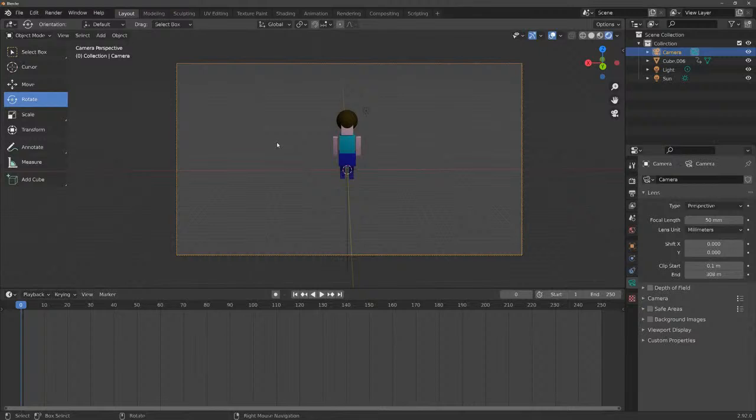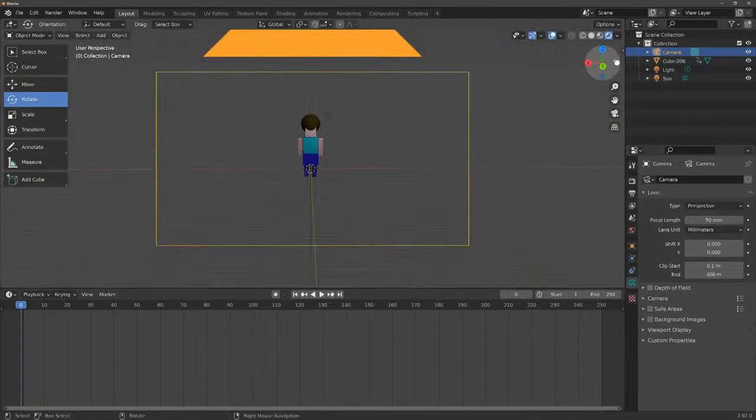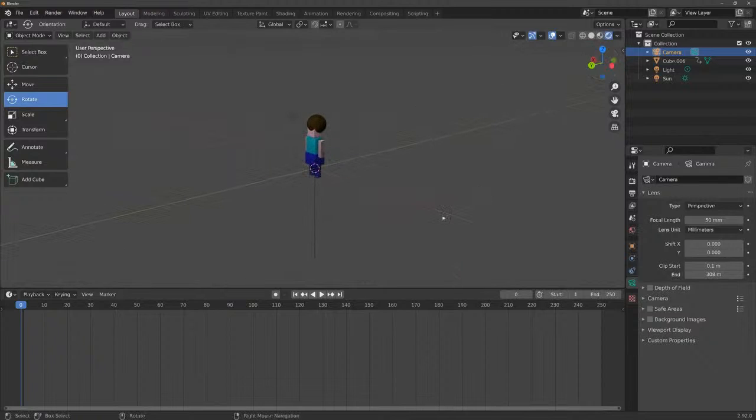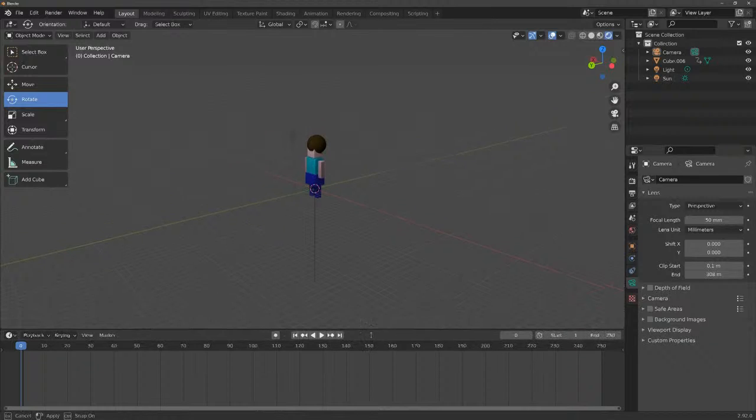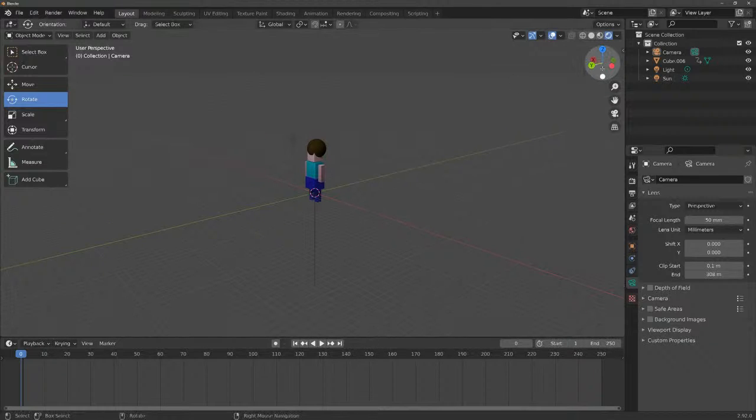Cool. So that is a basic little introduction into Blender, how to get around the interface, how to make yourself a little character, and the basics of animation. So next time we'll get into making sort of a set, the more in-depth mesh editing, and kind of making some cool stuff, giving you some more tools to make the things that you